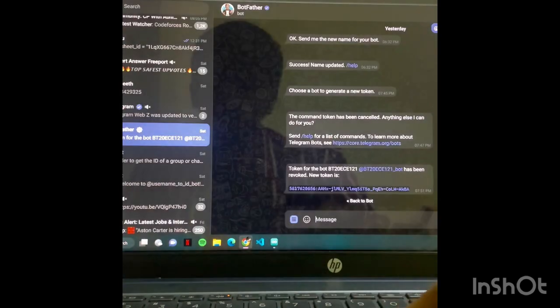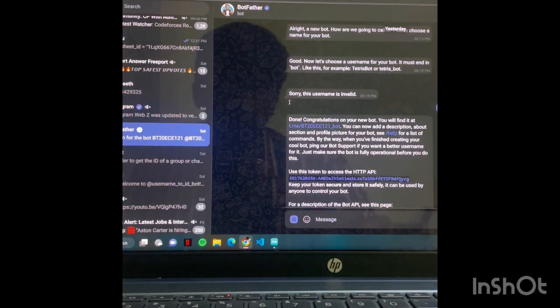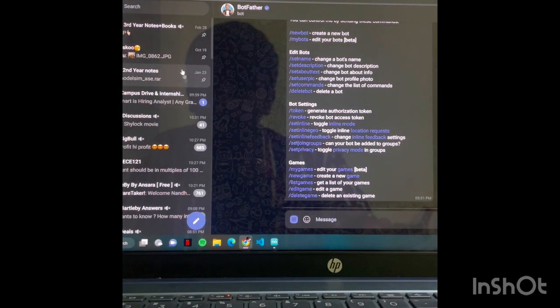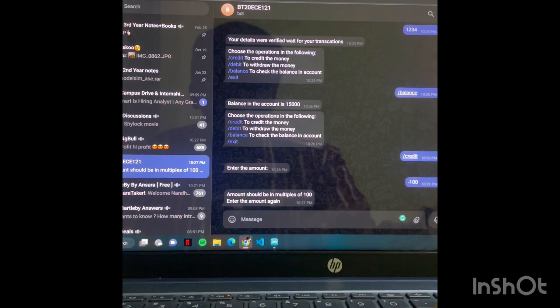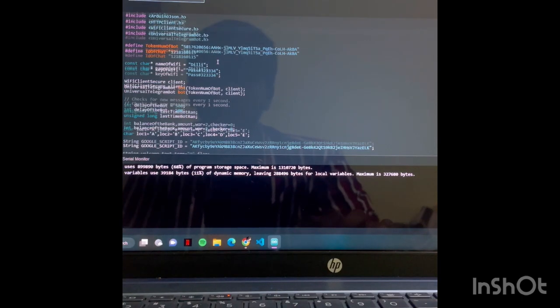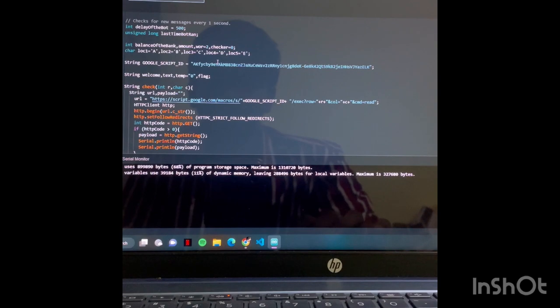Initially, in Telegram, we can create our own Telegram bot. I have created my Telegram bot, and this is it. Every Telegram bot has its unique ID and name, which I have kept in my code. This chat ID and token ID are the unique IDs of my bot, and these are the necessary libraries. This is for Telegram running, this is for the Wi-Fi client, this is to get access to HTML pages,